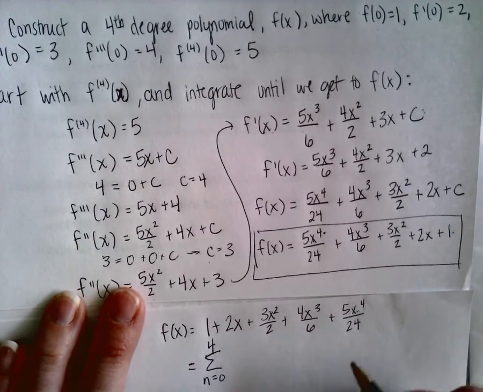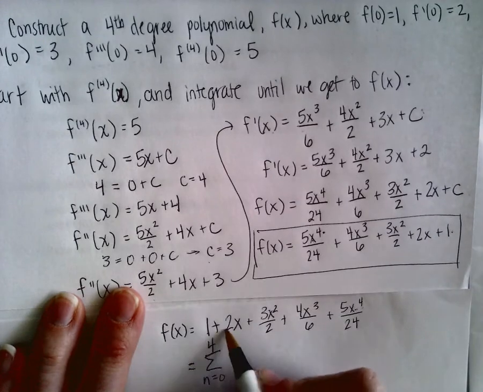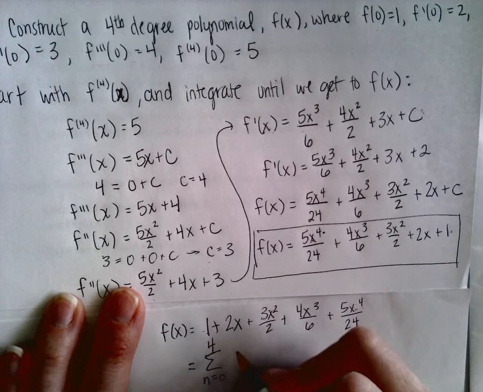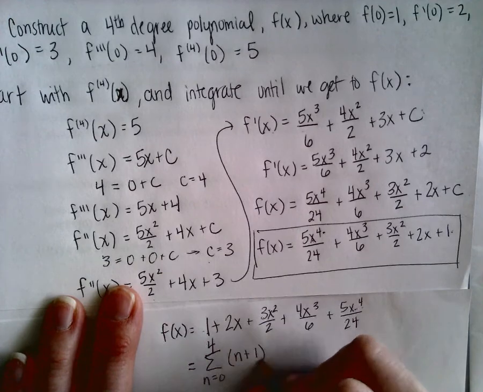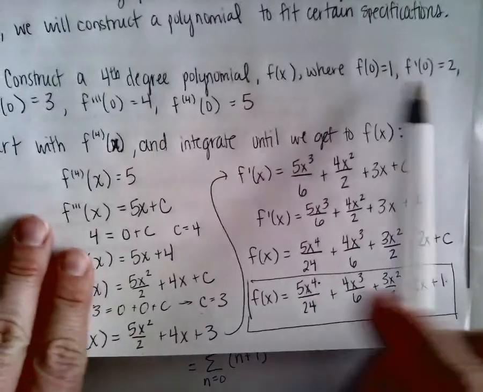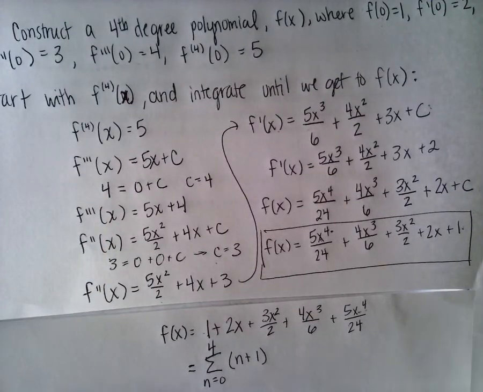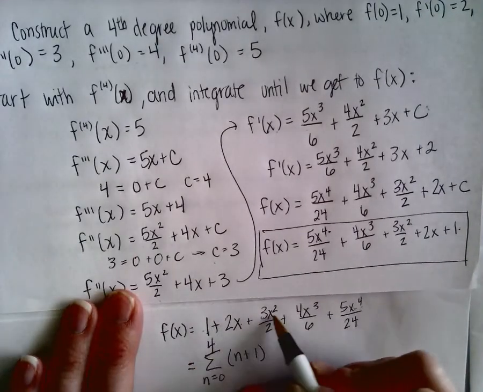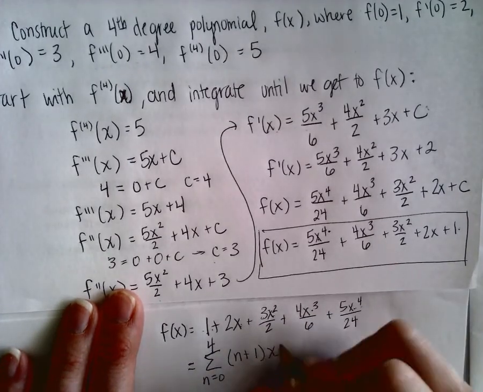Isn't that fun? Okay. So let's see, the 1, 2, 3, 4, 5, that part of it all, that's just n plus 1, right? So the constant part, the coefficients are n plus 1. And that's just because I picked convenient numbers whenever I gave you this example, so that it would follow a pattern. It doesn't have to follow a pattern, but this time it does. So the coefficients are always n plus 1. And then I have the x part, right? X to the 0, x to the first, x squared, x cubed, x to the 4th. So I have x to the n. And then I have these